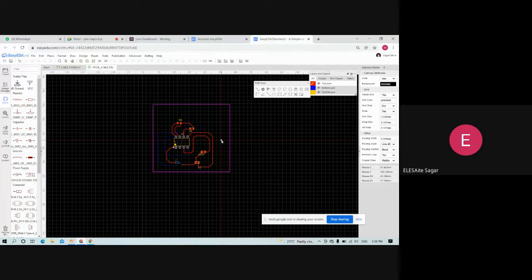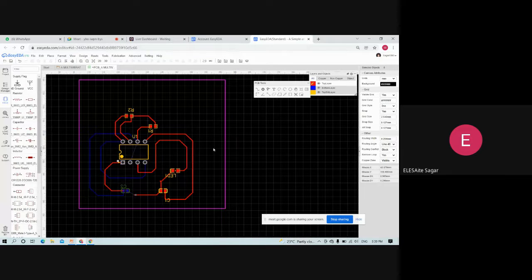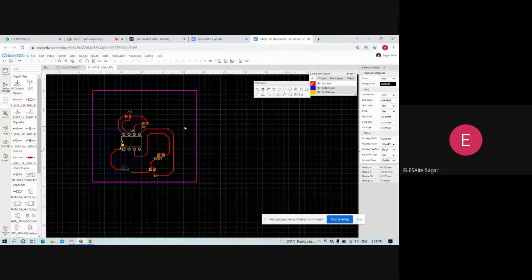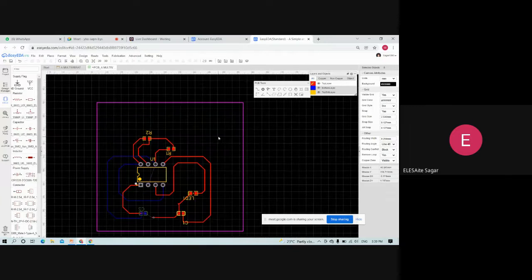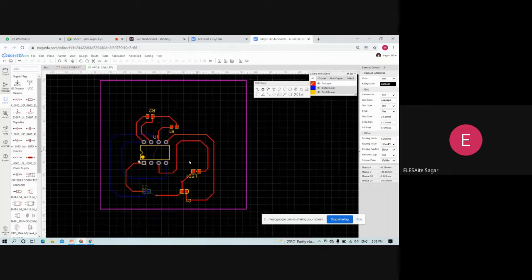And now select bottom layer and connect it.